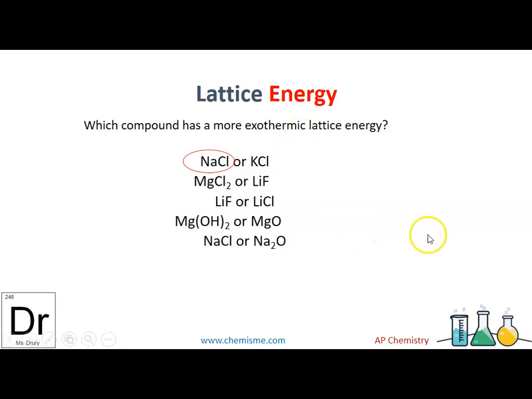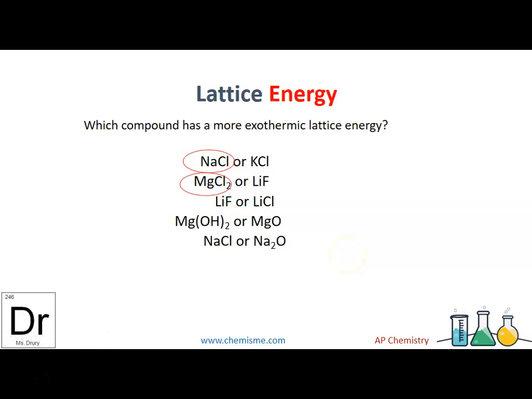Between MgCl2 and LiF, I would pick MgCl2 because MgCl2 has a +2 charge attracting a -1 charge, so that higher charge will be more attractive than lithium fluoride, which is only +1 and -1. In the third example of lithium fluoride versus LiCl, they both have lithium, but fluorine is going to be a